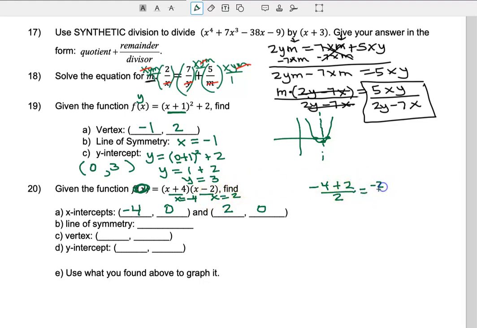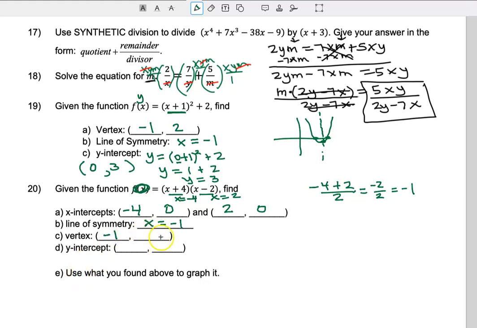So that gives me -2 over 2, which is -1. So my line of symmetry, it's always going to be an x equals something. Make sure to write it as an equation. If you just put -1 for your answer here, you're going to miss points. It needs to be an equation, x equals -1. All right, and now our vertex, well, that line of symmetry gives me part of my vertex. Remember, like we were kind of talking about it here? So that's my x value of my